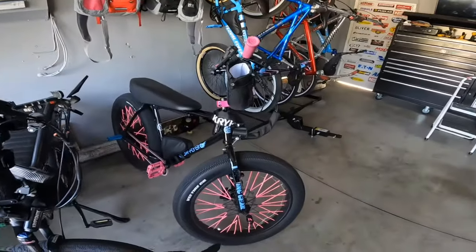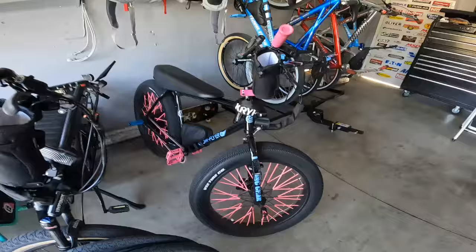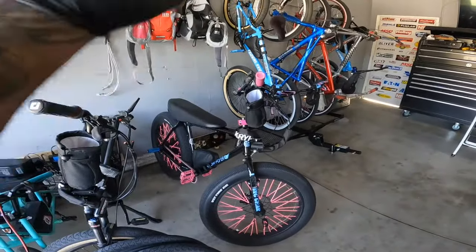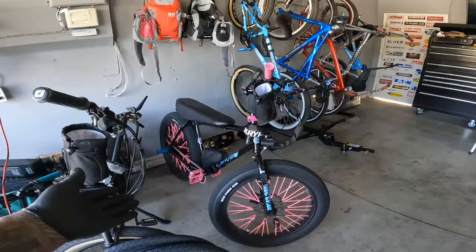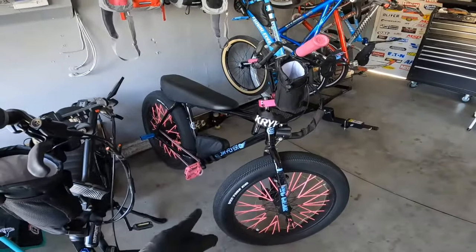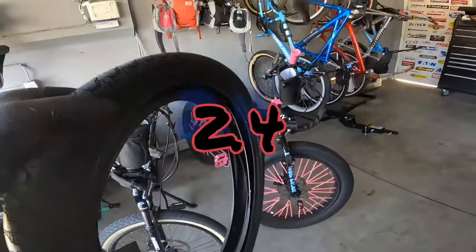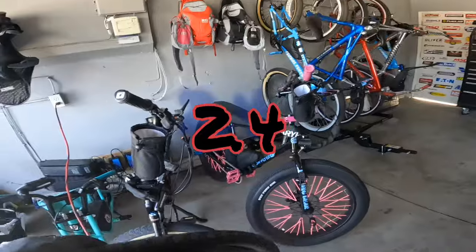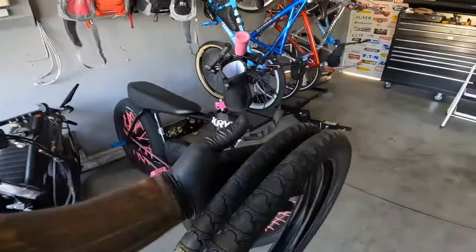I love those tires. But they raise your bike significantly up. So Chell's very short and she could barely touch the ground with those tires. So it comes with a 3.0, but we're gonna end up throwing a 3.5 to drop this bike back down lower. And I was gonna get